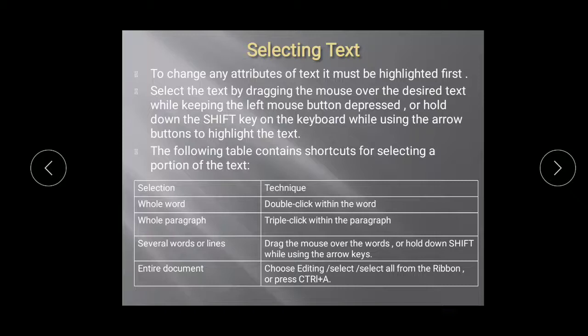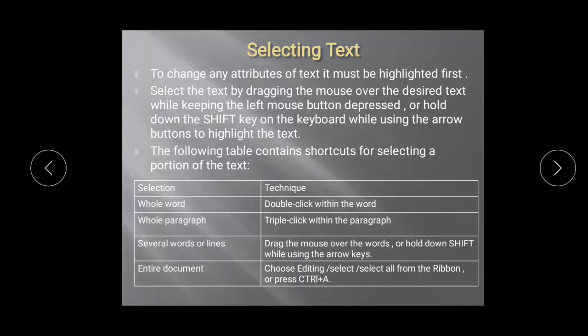The following table contains shortcuts for selecting a portion of text. Whenever you want to select a particular word, paragraph, or lines, or the whole document, what are the shortcuts or techniques through which we can select?